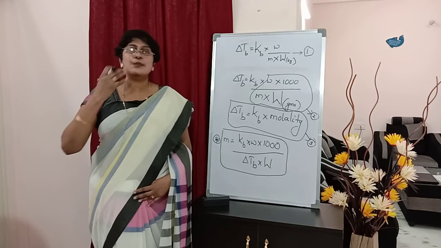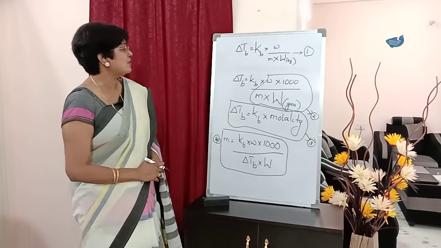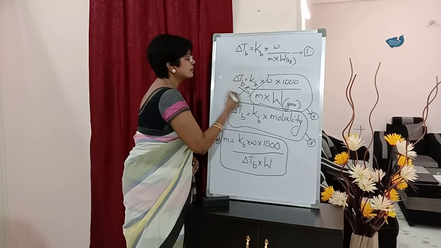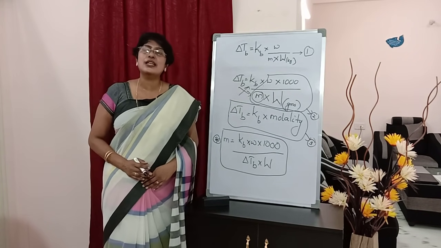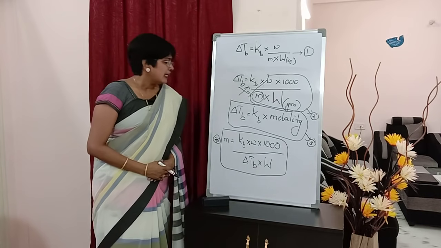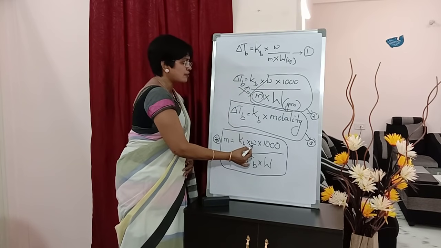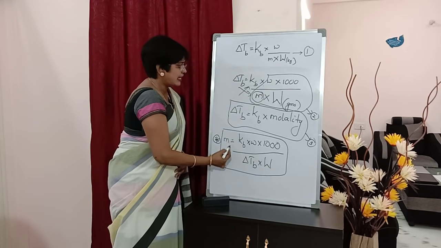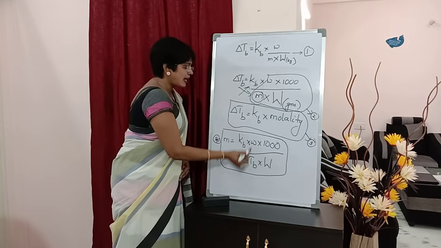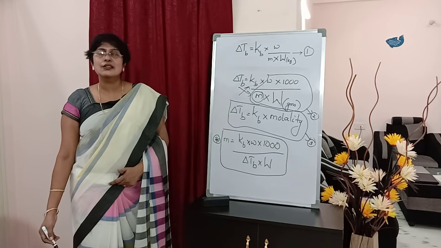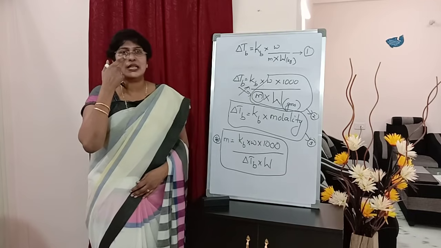So this is the expression for molecular weight of a non-volatile solute. Students, just cross multiply. So M, the molecular weight of the non-volatile solute, is equal to Kb into small w into 1000, and in the denominator capital W is already there. Now delta Tb comes over here. So this is the final expression for molecular weight of the non-volatile solute.